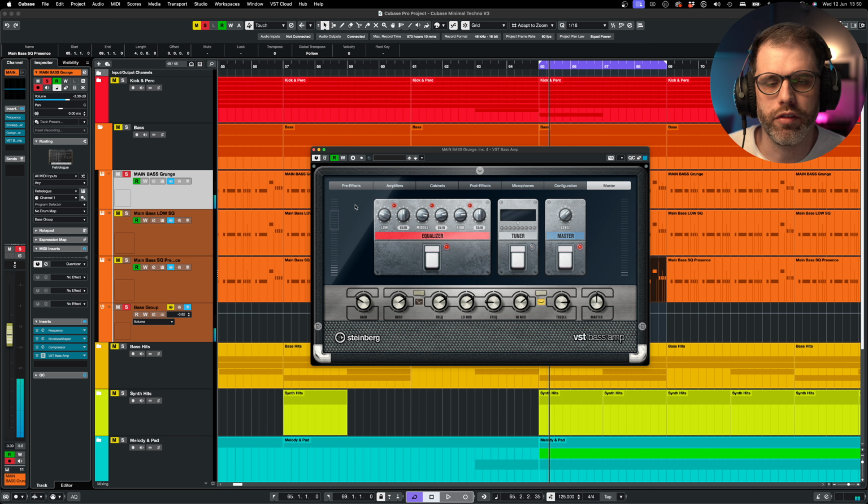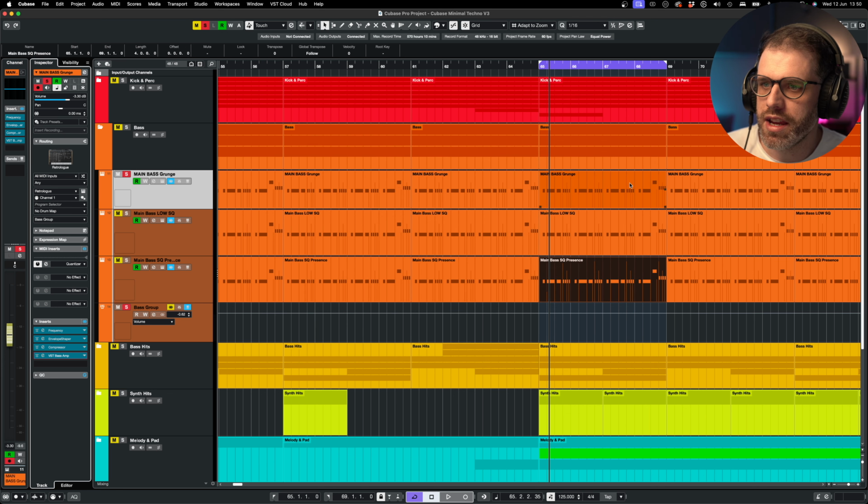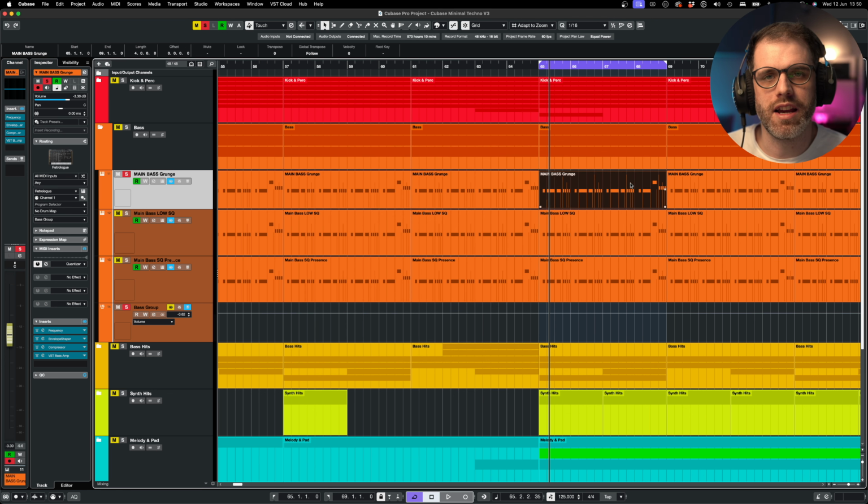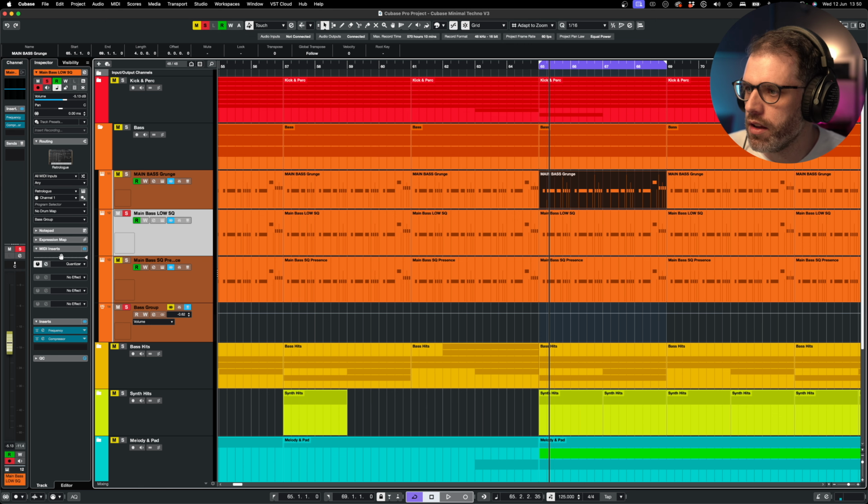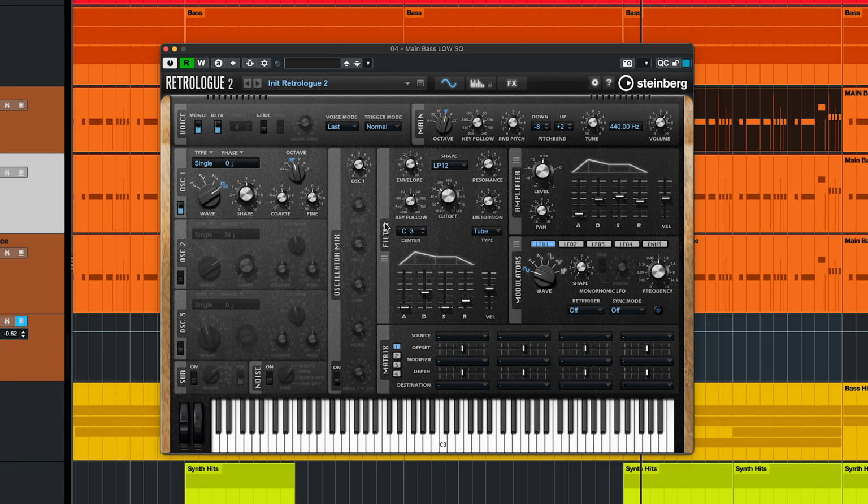So it's not desirable for everybody, but when you couple that up with the low square, we start to get a very nice texture to the sound. So that is the first part. That's the sound design in terms of getting the tone set for the bass. I wanted something grungy, but with a lot of weight in there, and I couldn't achieve that from just one preset. So the second bass comes in, and we can see here that if we load this,